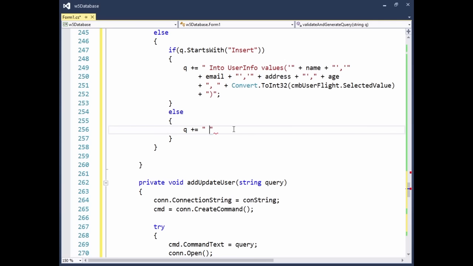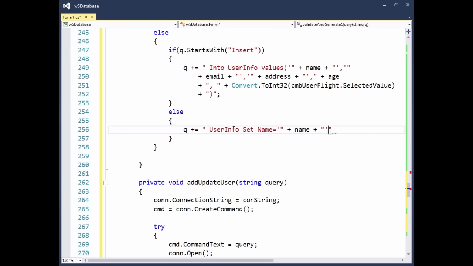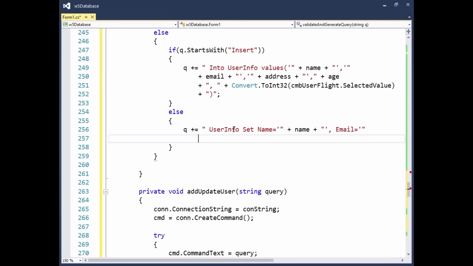So we'll say user info set name equals, open the single quote, and say plus name plus, and then close that single quote, comma, email equals, open that single quote. I'll go on a new line and say plus email plus, close that single quote, say comma, address equals, open that single quote, and say plus address